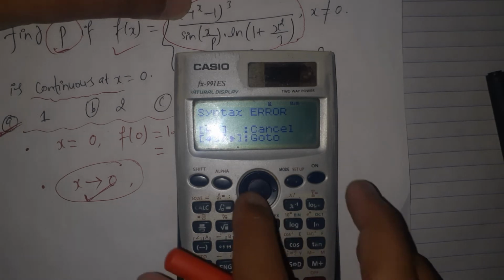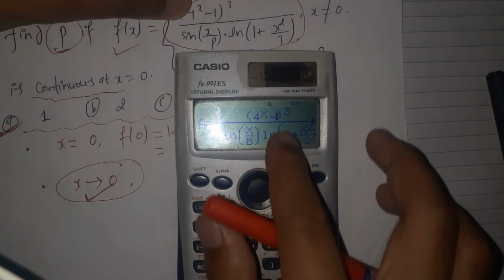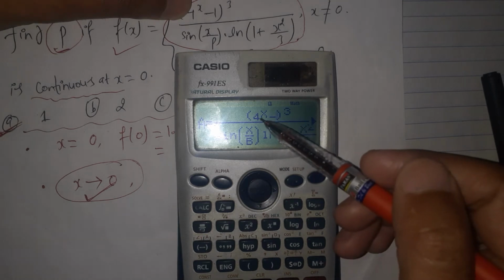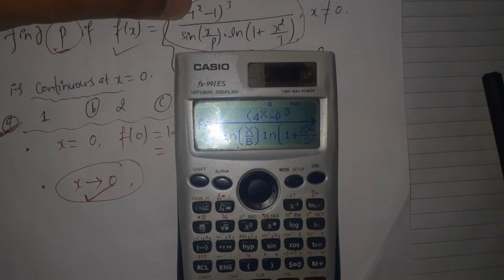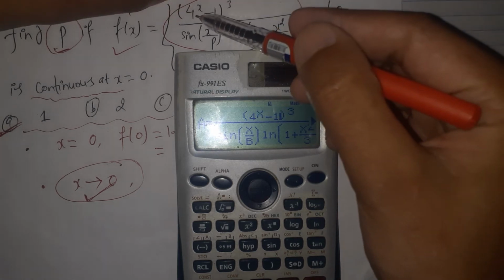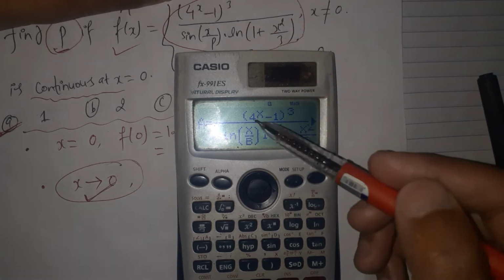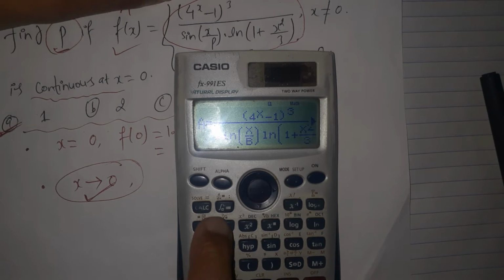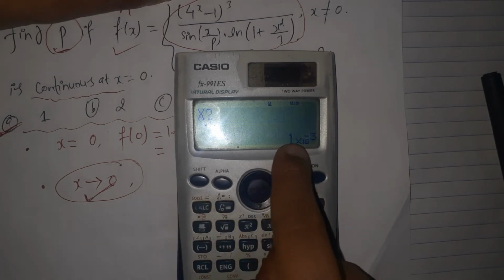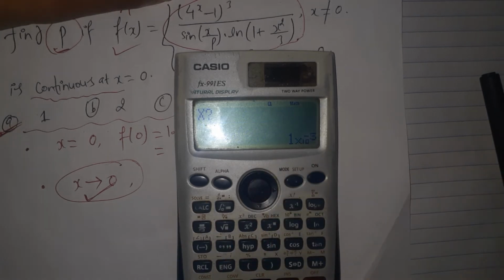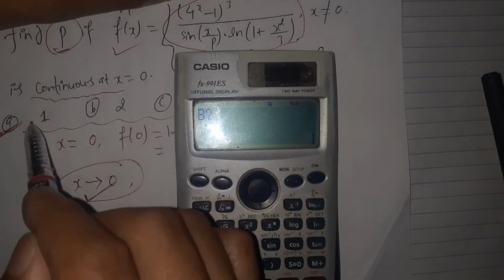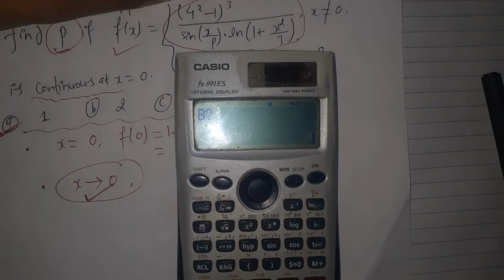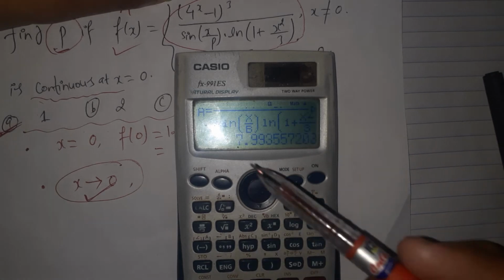And the syntax error. Where is the syntax? Sorry, in typing this, here is the mistake. This is negative 1. 4 raised to the power x minus 1. So there should be the negative 1. Then pressing the calc button. The value of the x is very closer to 0. Then equals to, the value of the b is 1. I am testing the first option, which is 1. So the value of the b is 1, and then pressing the equals to,